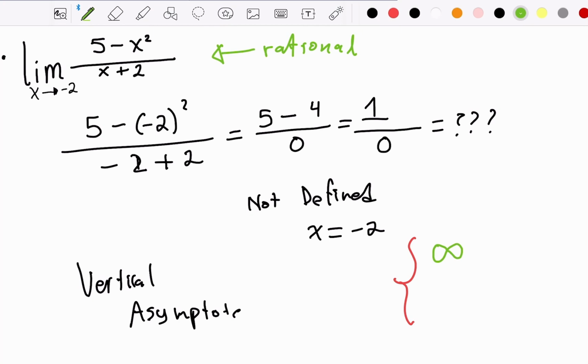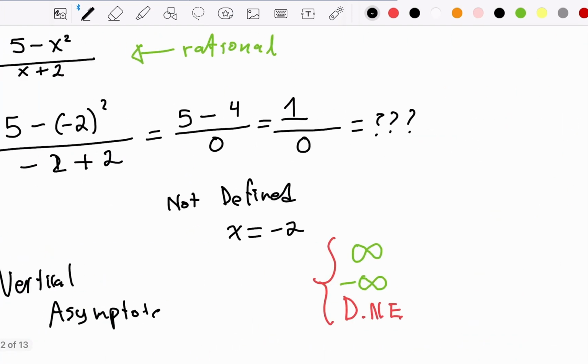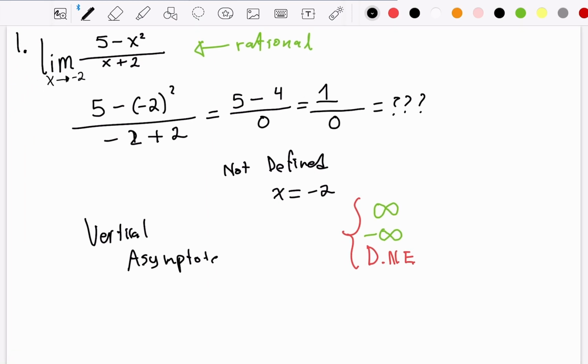The second possibility is that this limit approaches negative infinity. And the last option is that this limit, of course, does not exist. Why? Because if you remember rational functions,